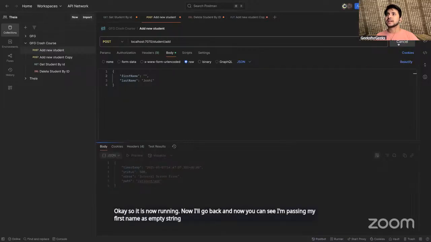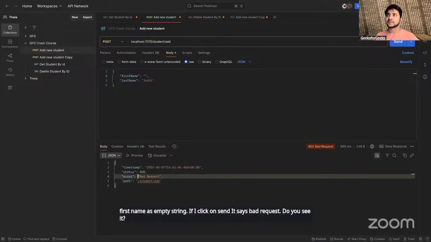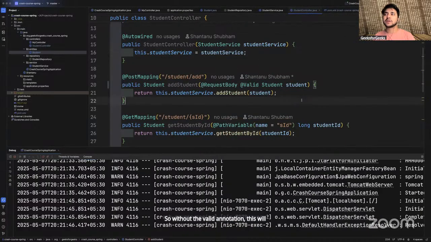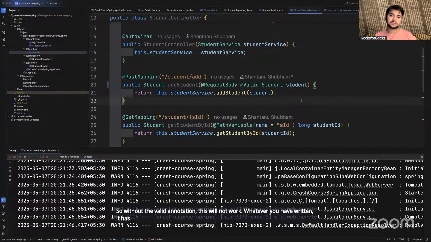If I click on send, it says bad request. Do you see it? It says bad request, and the response code is also bad request. Are you able to understand what I'm saying? So without the valid annotation, this will not work. Whatever you have written has no meaning of its own.